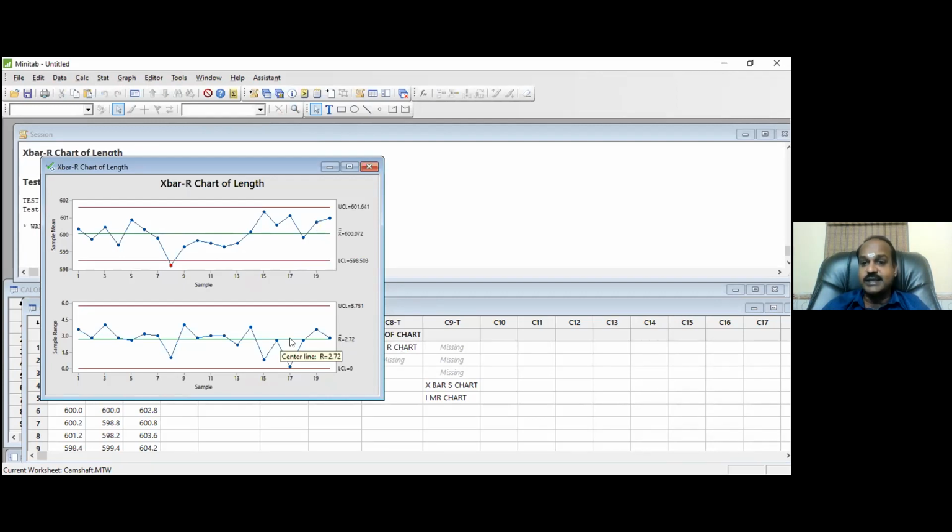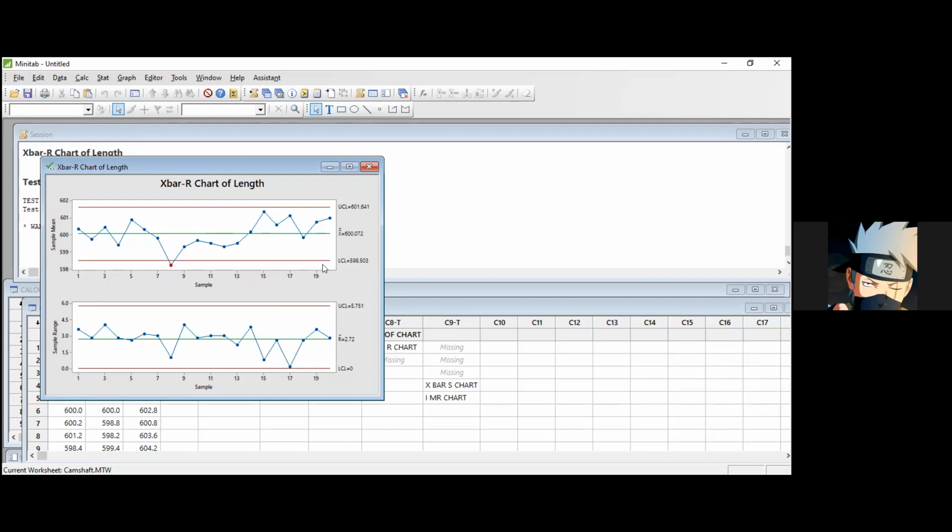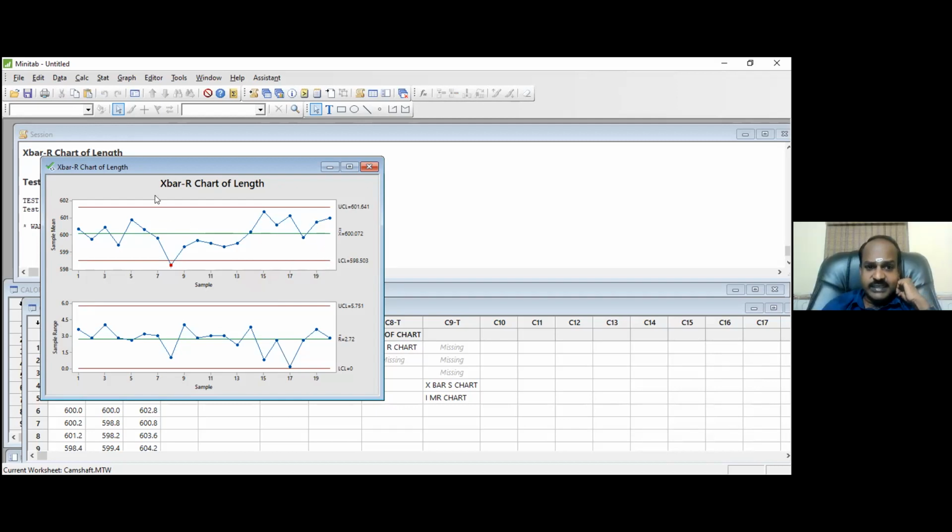Do you see a control chart? Yes, sir. How many control charts are you seeing? You are seeing 2 control charts. One is the X bar chart, the first one. The bottom one is called the R chart. R chart means range, X bar chart means mean. You know mean, mean is average. When you have two control charts, I strongly recommend all the green belts to read the R chart first.